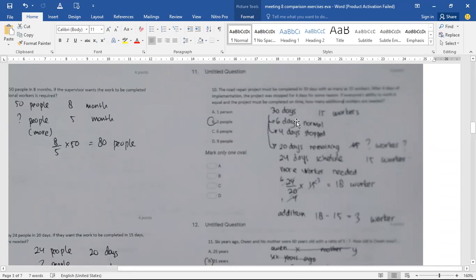Normally they finish in 30 days with 15 workers, and then after 6 normal days, they need 24 days remaining, but suddenly 4 days stopped. So they have 20 days remaining, but from the 24 days schedule,